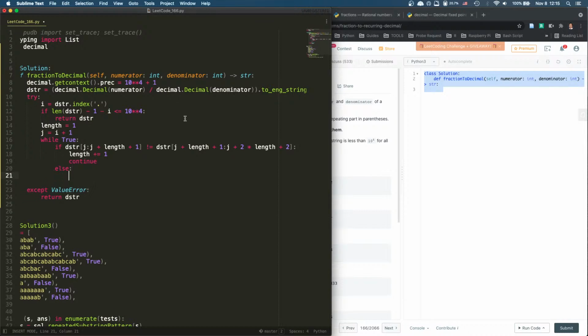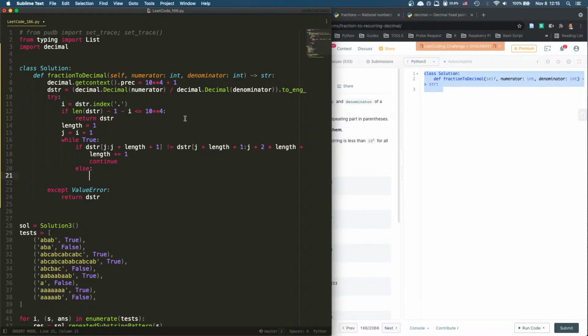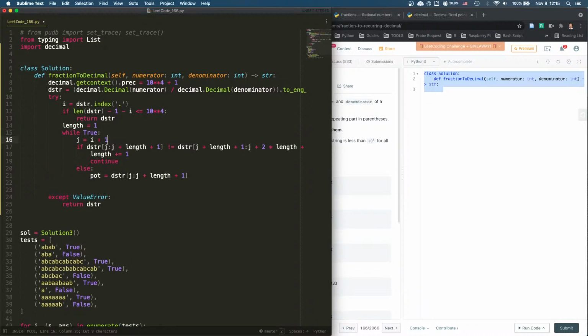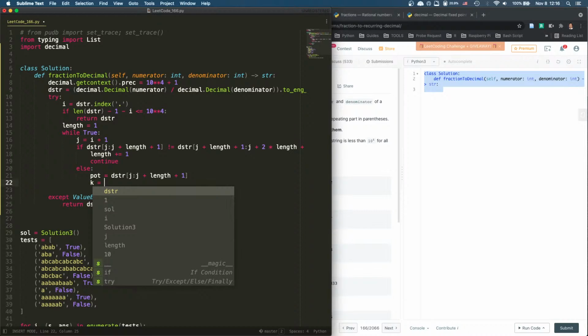Else, if they're equal, then we know the potential is equal to this, right? So we have the potential. So now we just need to loop through to see if this can match. And how do we do that? We're going to do k, right? We have to go, j changes. j has to be here, right? So now k is equal to,